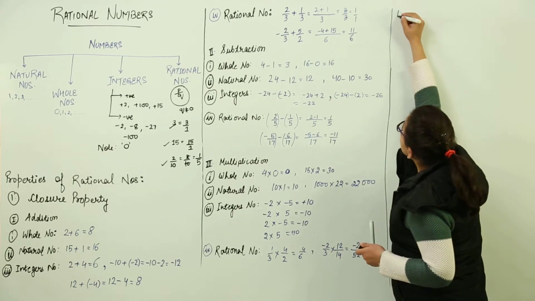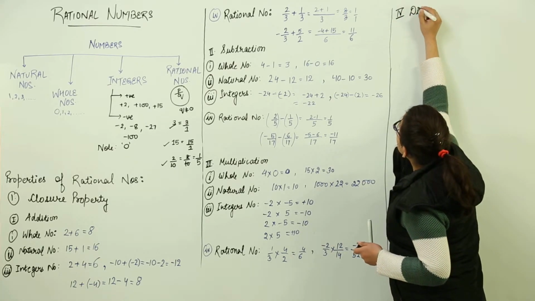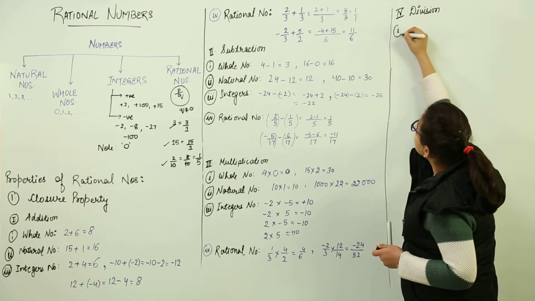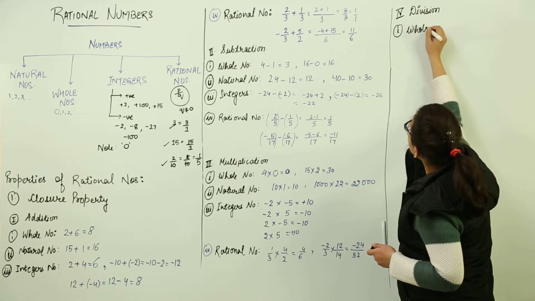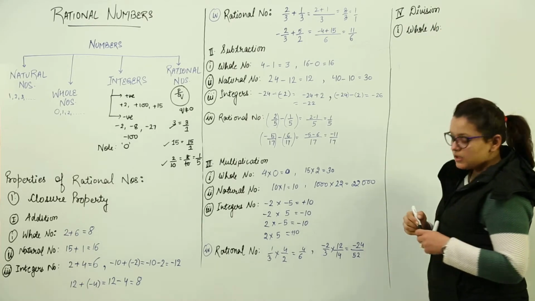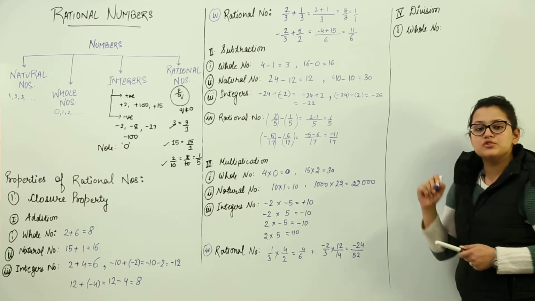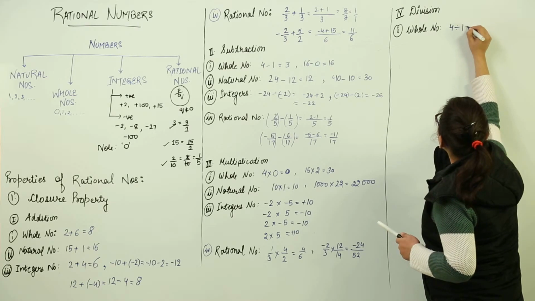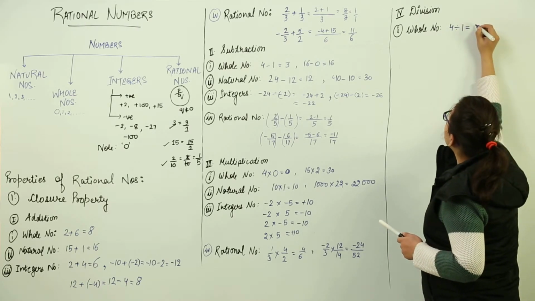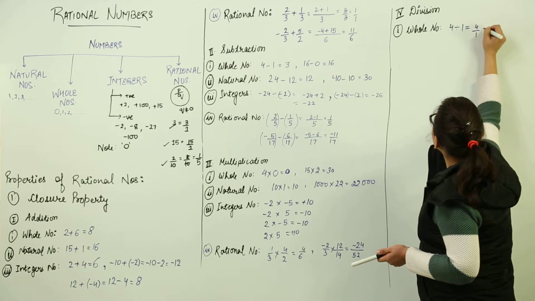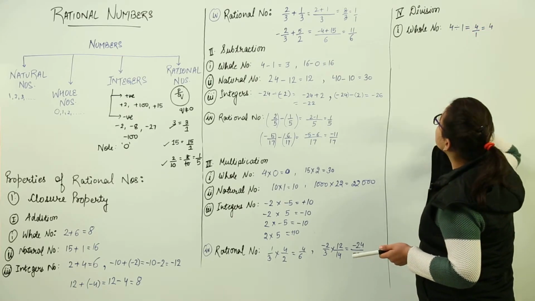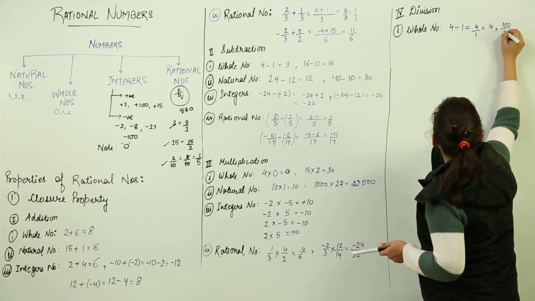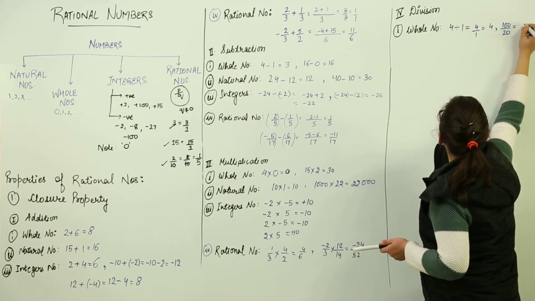Now we will be doing the division property. In the division property case, again we will be considering all the four types. Let us start with the first one, that is for whole numbers. Again we will be taking two whole numbers and doing their division. Let us check for 4 divided by 1. What would it give me? 4 divided by 1 means this. This is equal to 4. Okay, another example. 100 divided by 20. What does it give us? 5.